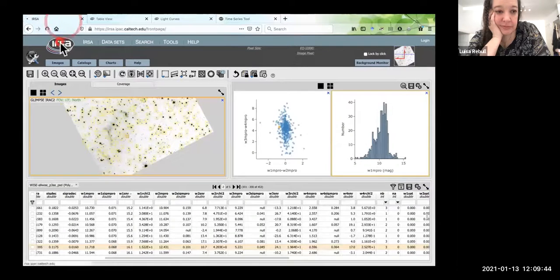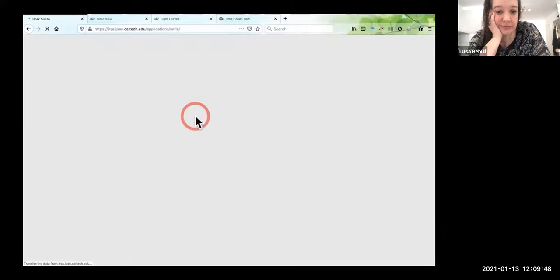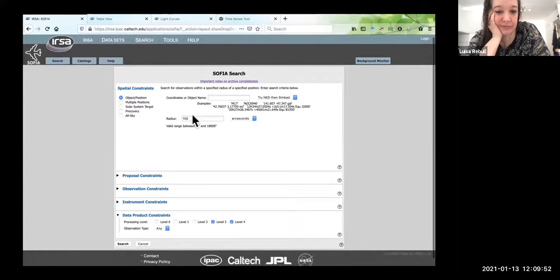One of our newest archives is the SOFIA Archive. Click on the SOFIA Archive link. Then I'm dropped into the SOFIA Archive. You can see that it looks kind of similar to IRSA Viewer. Similarly, you put in a target and it resolves the name. You put in the search radius that you want, and then you can put in additional constraints on proposal or